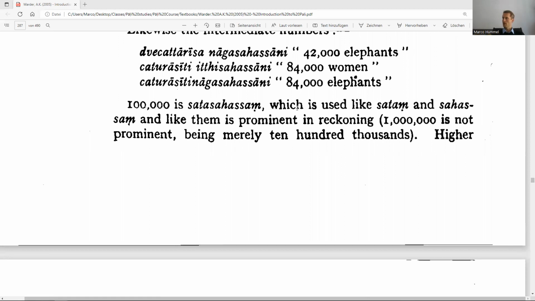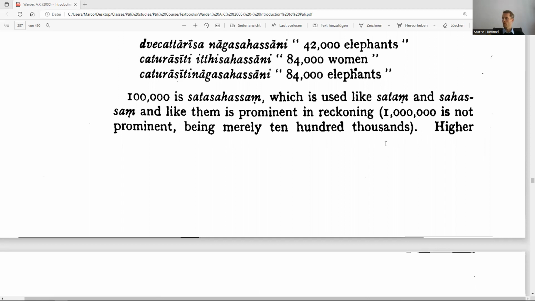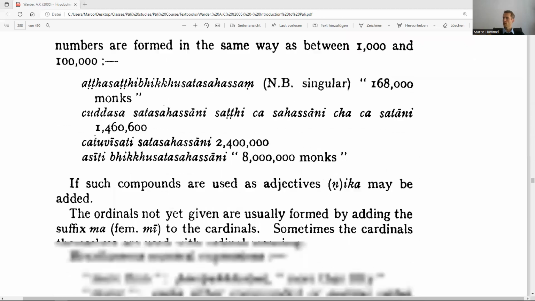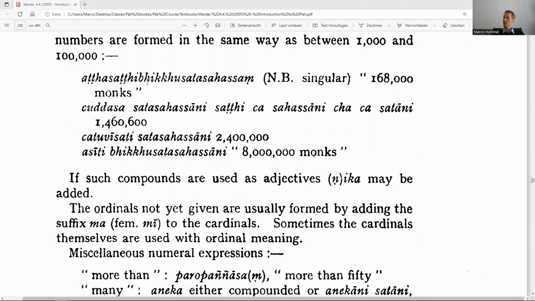100,000 is Satta Sahasrang, which is used like Satang and Sahasrang, and like them is prominent in reckoning. 1 million is not prominent, being merely 10 hundred thousands. Higher numbers are formed in the same way as 1,000 and 100,000. Atta Satti Bhikkhu Satta Sahasran, 168,000 monks. Chutta Satta Sahasrani, Sarticha Sahasrani, Cha